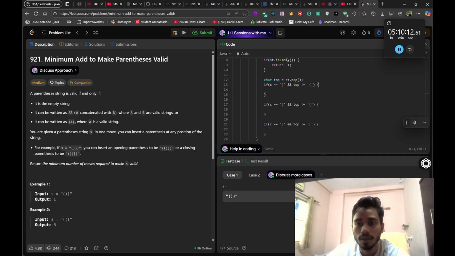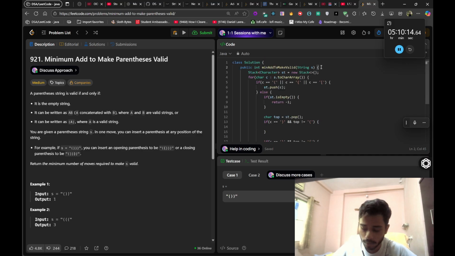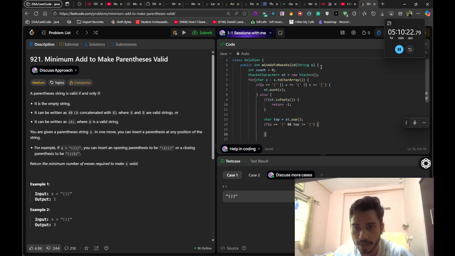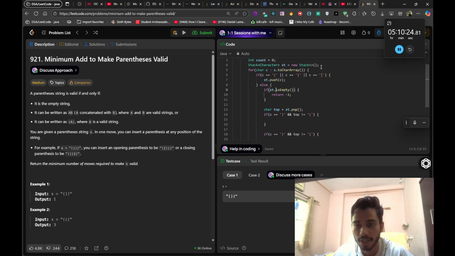Alright, wait, I have an idea. I'll have int count that is equal to 0, and then I'll say if stack is empty, and if any element is trying to enter in an empty stack, don't do anything, just say count plus plus, that's it. Alright, if this is not the top, if I